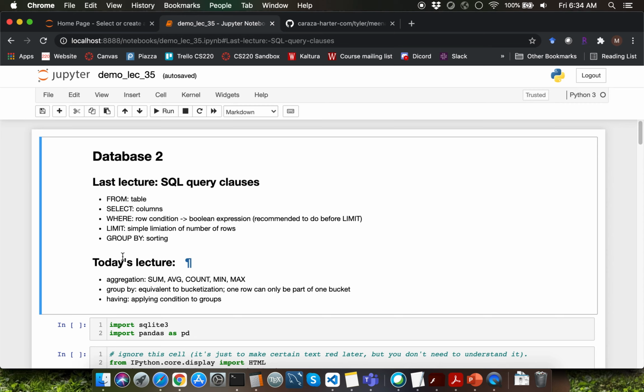The final clause that we learned was the order by clause, which is very different from the other four clauses in the sense that it does not help us narrow down specific data of interest. It rather enables us to sort rows based on a specific column's ordering. The default ordering is going to be ascending. Recall that we can specify descending ordering by typing order space by and the column name and then the keyword DESC.